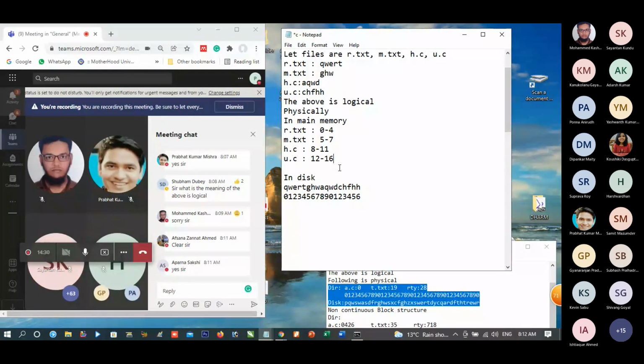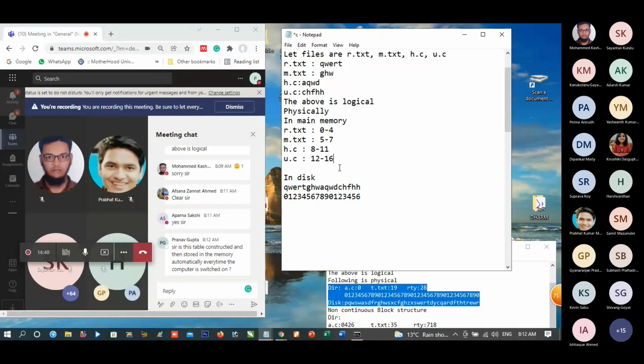Now, what is the problem with this structure? You tell it. What is the problem? No, it is not clear to me what we want. Pranab, what you want to say?